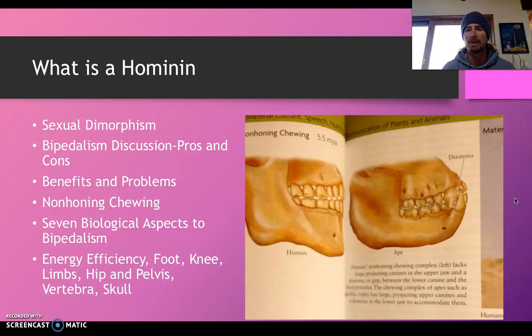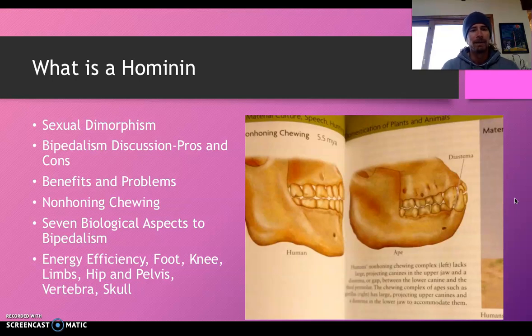Non-honing chewing. This picture describes non-honing chewing. We essentially have non-honing chewing, which means we don't have a diastema, and you can see with the picture of this gorilla or chimp that they have space for their upper canines to fit in between their premolars and lower canine. We don't have that, so our teeth just kind of match together, which is a different type of chewing, and it relates to jaw, cranial structure, and vertebrae structure as well, and where our foramen magnum